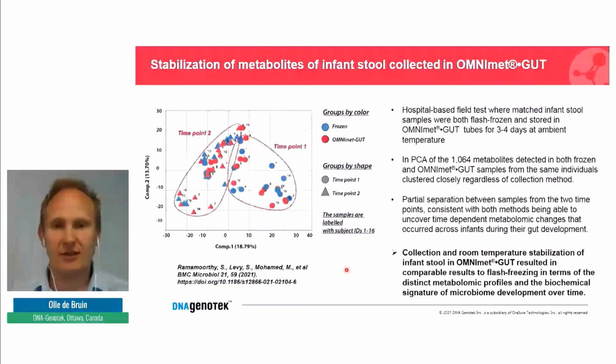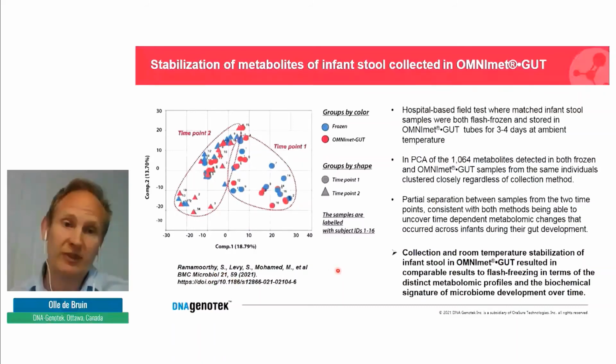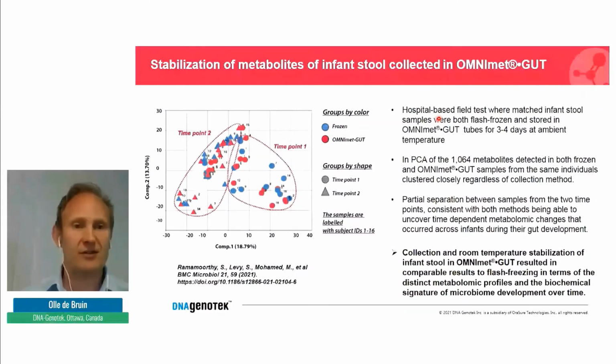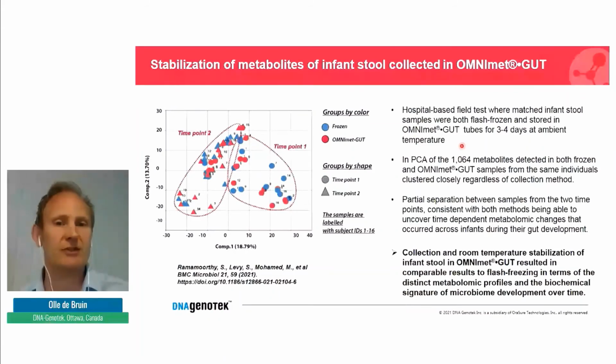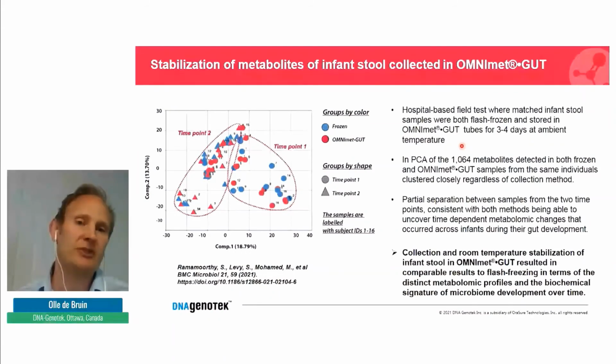And then this next slide shows results from a recent publication by Ramamurthy et al. in BMC Microbiology 2021, in which researchers from Iowa Children's Hospital and Metabolon performed a hospital-based field test where stool samples from 16 infants were both flash frozen and stored in OMNImet.GUT for 3 to 4 days at ambient temperature. Samples were also collected at 2 different time points with a mean time of 22 days in between them,